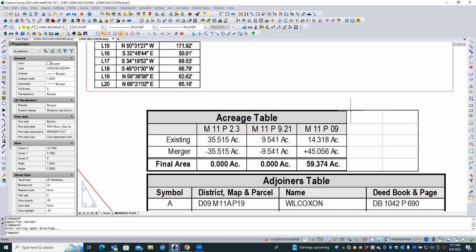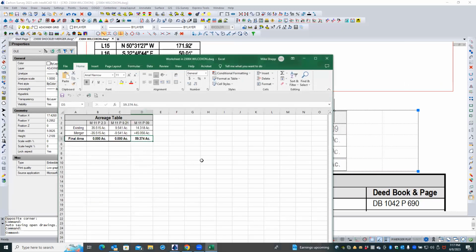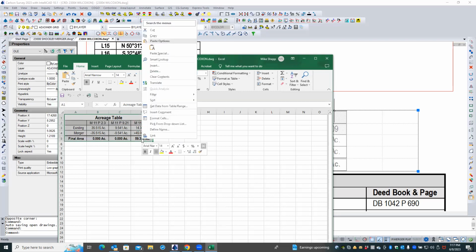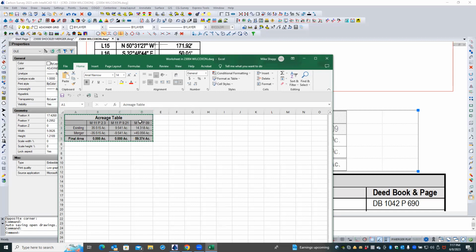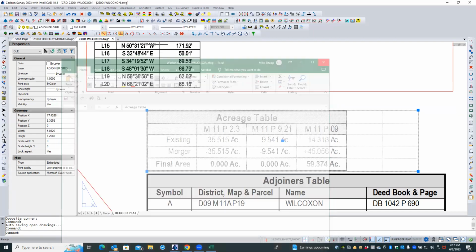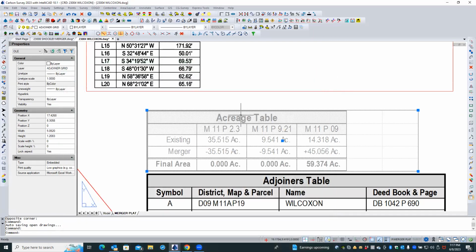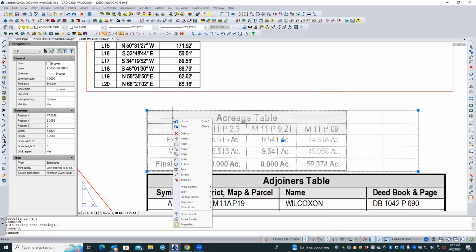Open it up. Yeah, if we double click it or choose it and choose edit, all right, so there's now that. And I think we should be able to just select this and copy. And then if we paste,